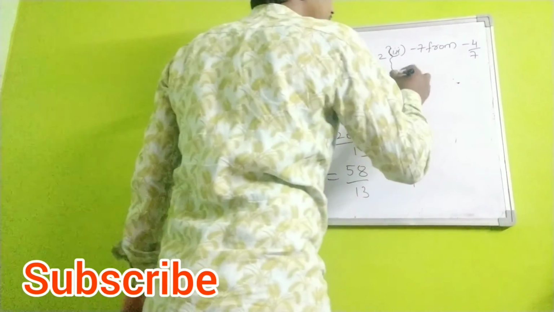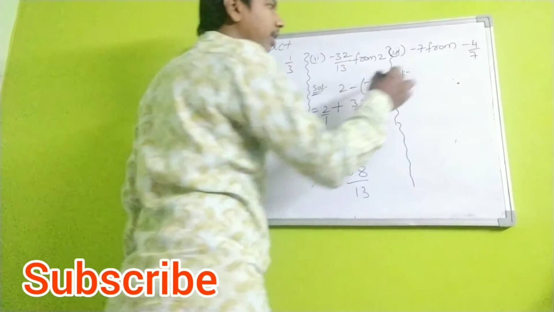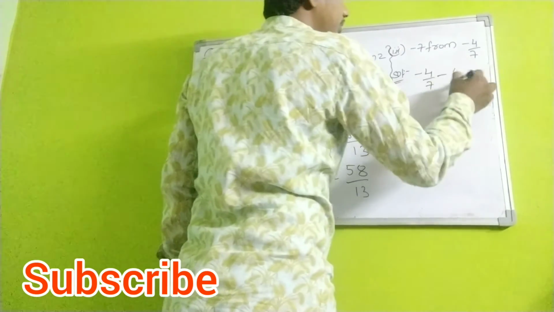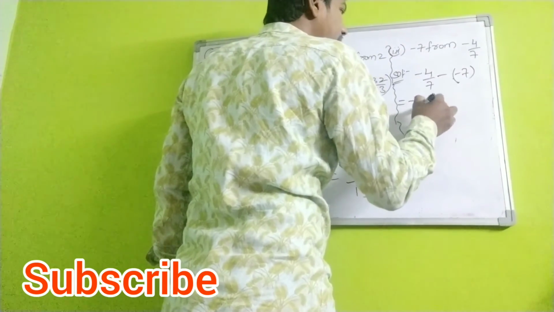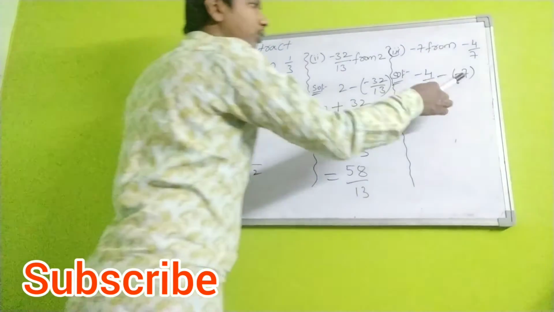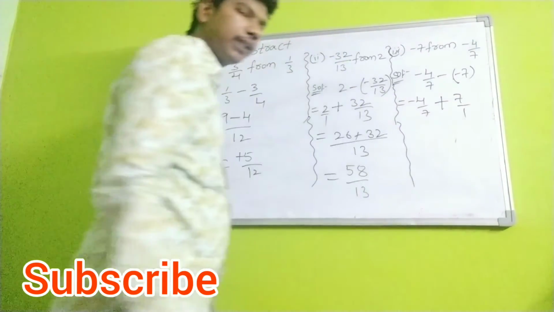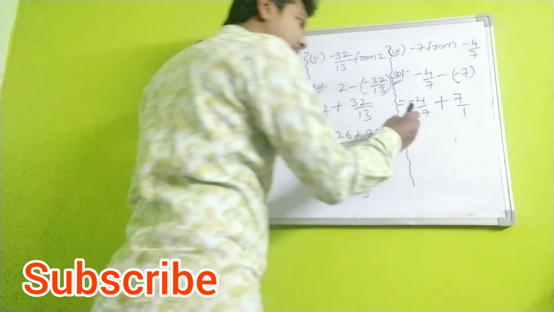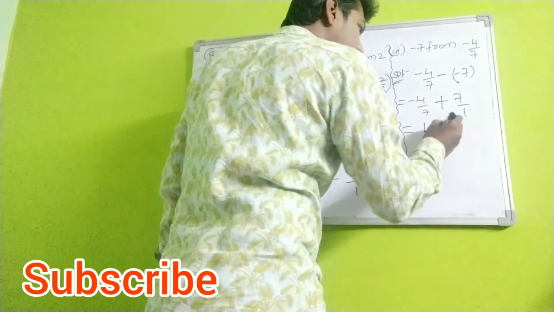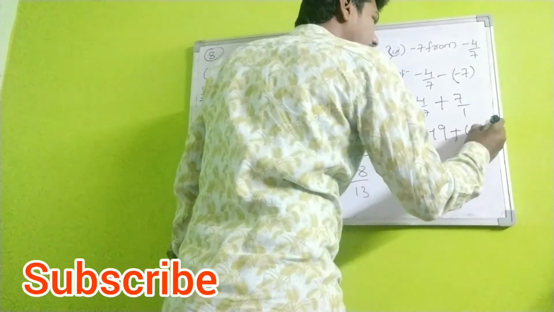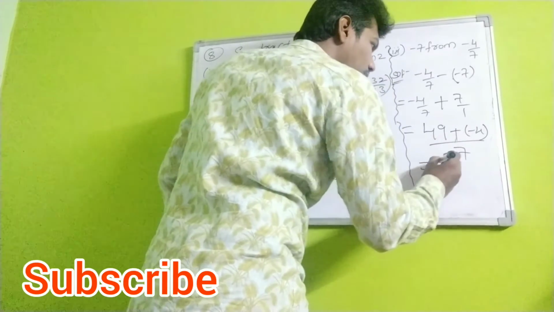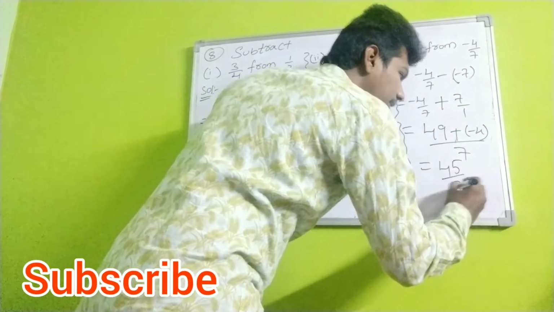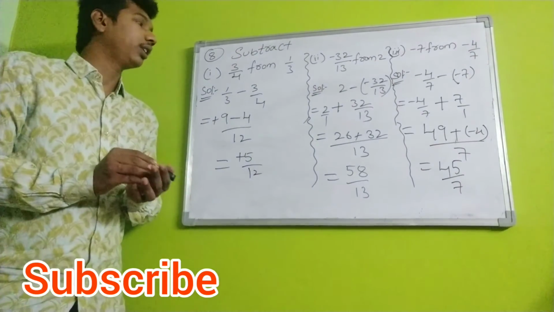Next, third solution. Similarly, same. First write the second number, that is minus 4 by 7. Subtraction symbol means put a minus symbol. The second number is minus 7. First try to simplify. Minus symbols, minus into minus is plus. The denominator nothing is there, means 1. Then you can observe clearly, in the third bit also, both the denominators are different. If denominators are different, what do we have to do? Cross multiplication. 7 7s are 49. Next 4 ones are 4. The minus symbol is minus, right? 7 ones are 7. 49 plus into minus, minus, 49 minus 4, 45. 45 divided by 7. This is the 8th question, students.